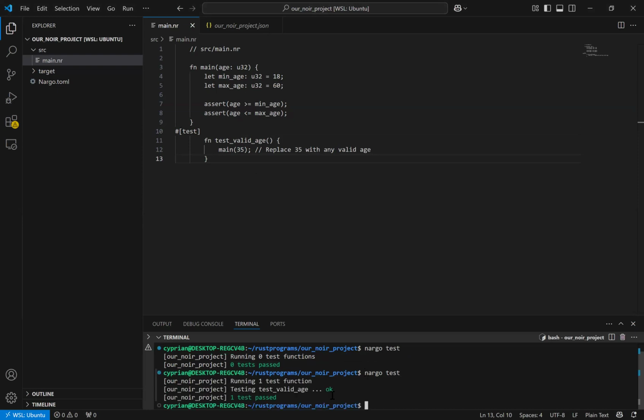So this time there was some test to be performed. Only one test was performed, you can see, and that test was passed. So the age that was tested is valid, is between the range given to us. So you want to confirm that